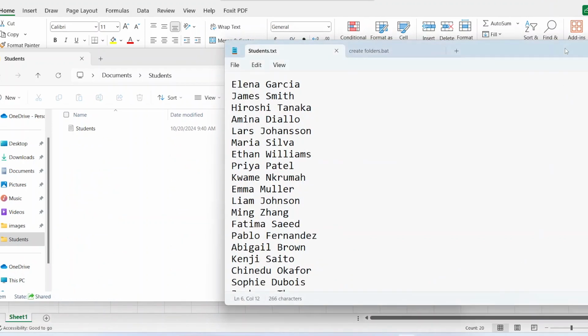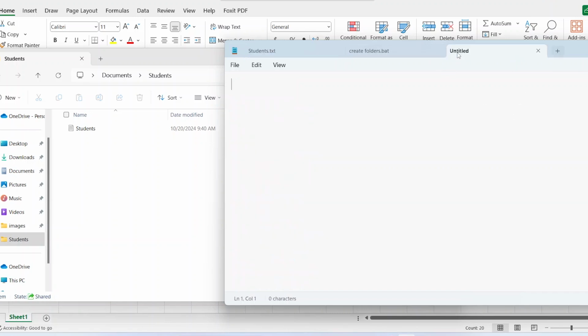For the second way of achieving this task, let's streamline the process further. We can use the command prompt to achieve the folder creation with just a single line of script. By using a for loop, we can read the contents of our text file line by line and create a folder for each string. Let's open a new Notepad file